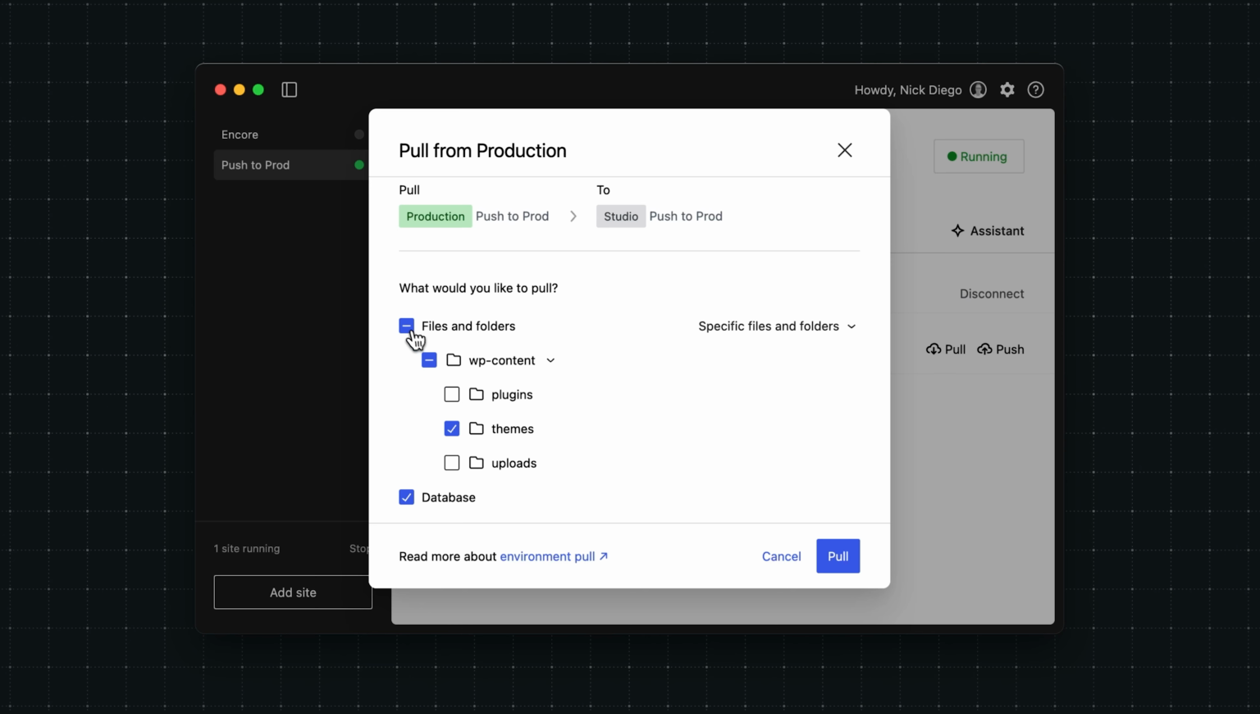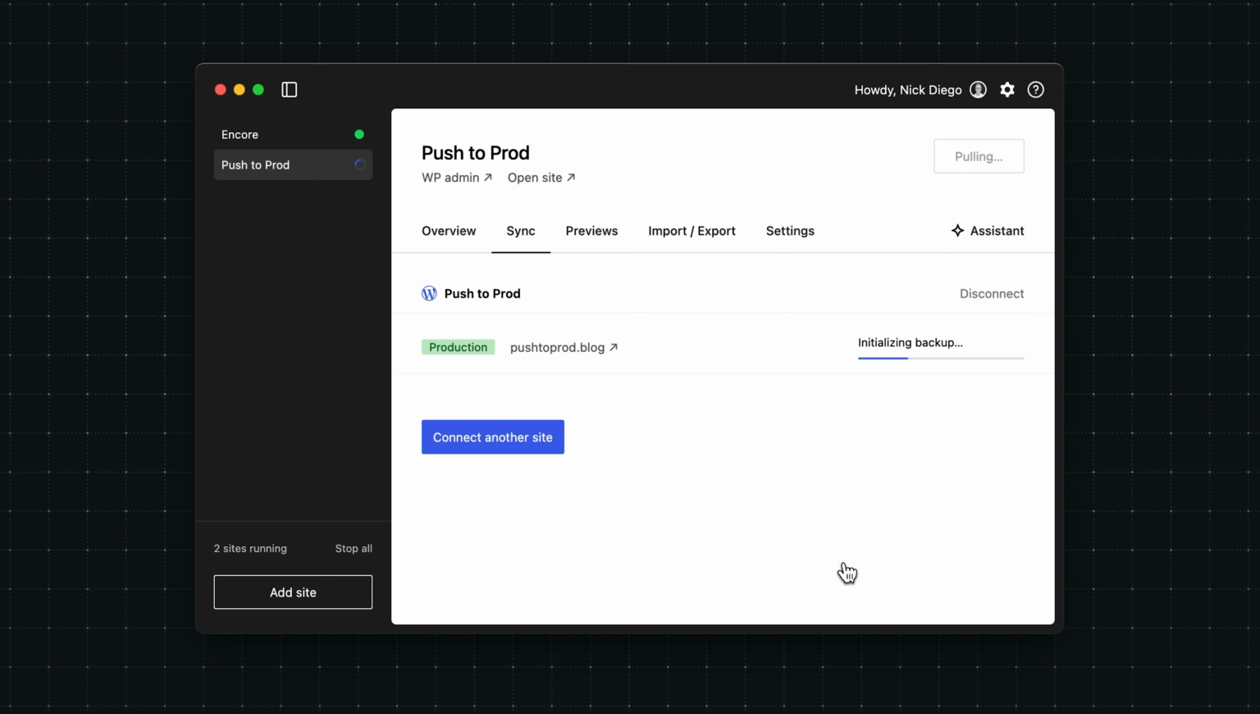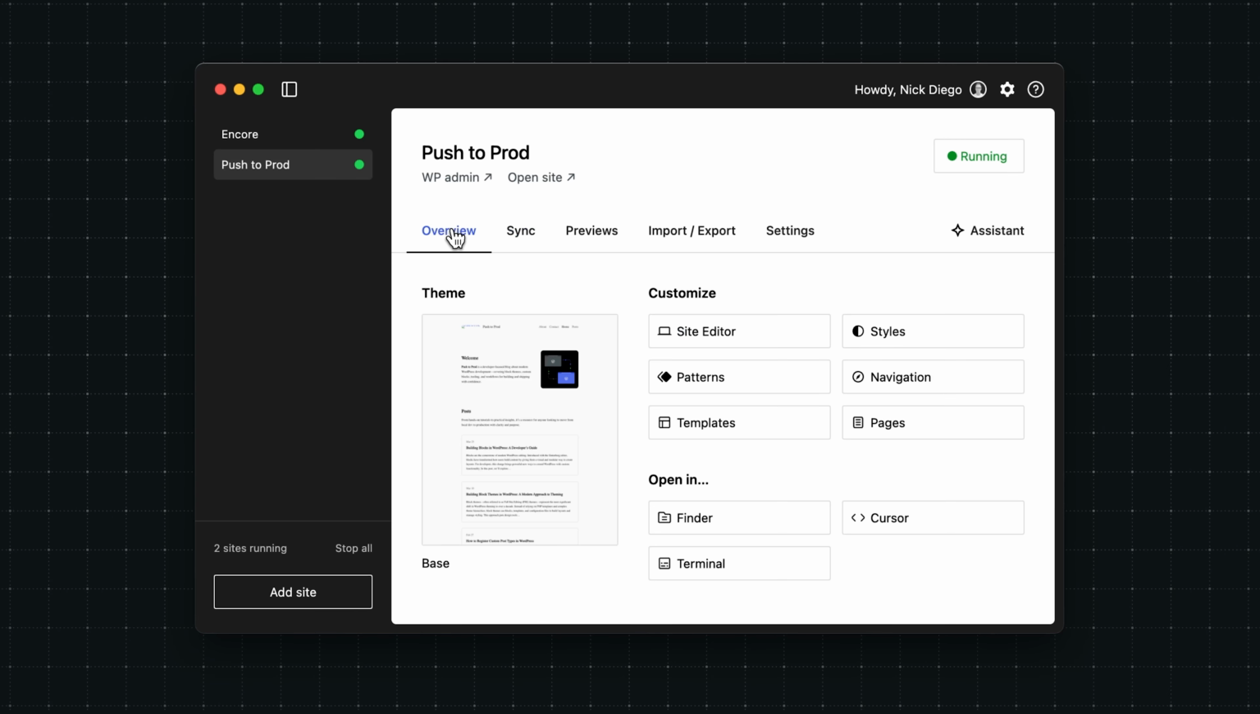For now, I want to pull down the entire version of my live site into my local environment. So I'm just going to keep everything checked. Then we're going to click pull. Now what this is going to do is it's going to take a backup of everything on my live site, and then it's going to sync all that content into my local site here in WordPress Studio. This process does take a little bit of time, so I'm going to speed up the video. All right, the pull is complete,